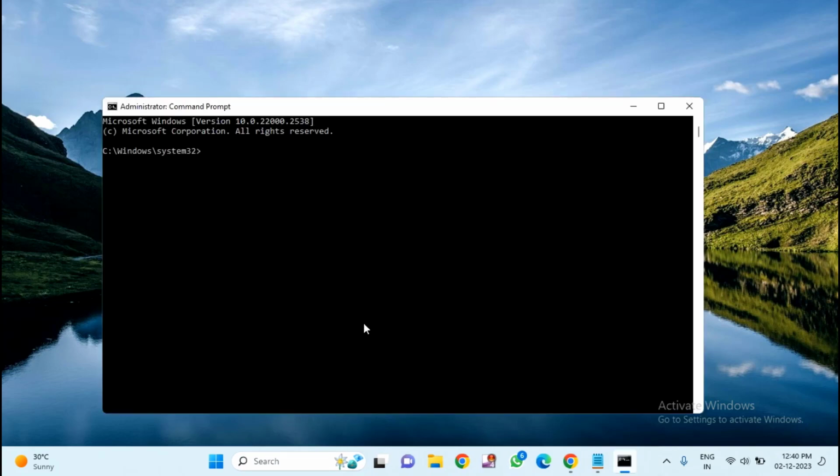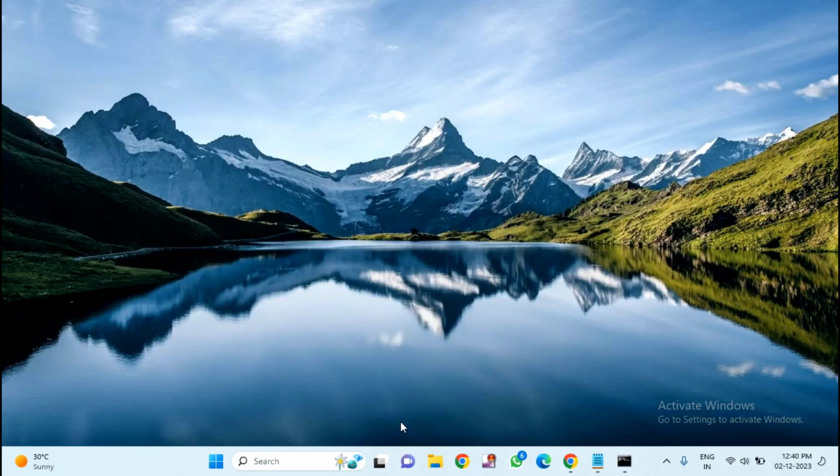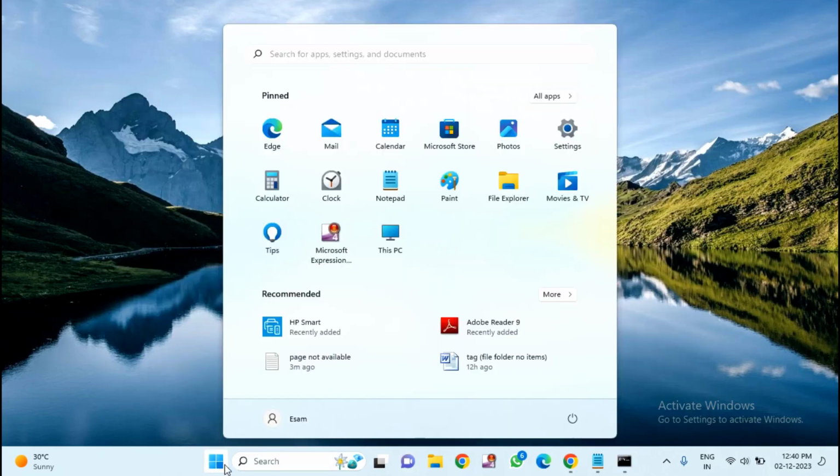After that, you need to type sfc /scannow. Then hit enter. Then you have to wait for some time to complete this process. It will take some time. After completion of this, you have to restart the PC. After completion of the restart,